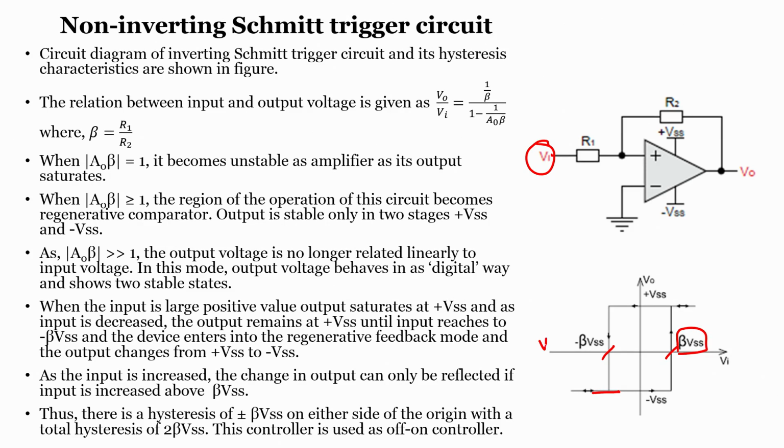This is called the lower threshold value, I will say VTL, and this is nothing but VTH, the higher threshold value. So, when your input is greater than this VTH, then the output will be plus VCC. Apart from this, the operation is the same, but how about the relation between the resistance and beta? In the previous case, if you recall, beta is R1 by R1 plus R2, whereas in this case the beta is R1 by R2. I hope the professor has already covered this in the theory session.